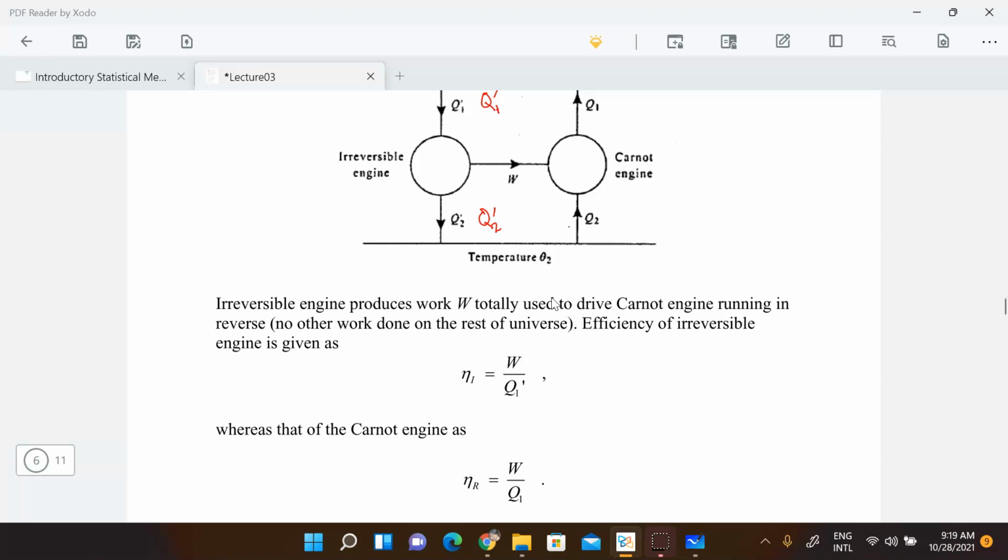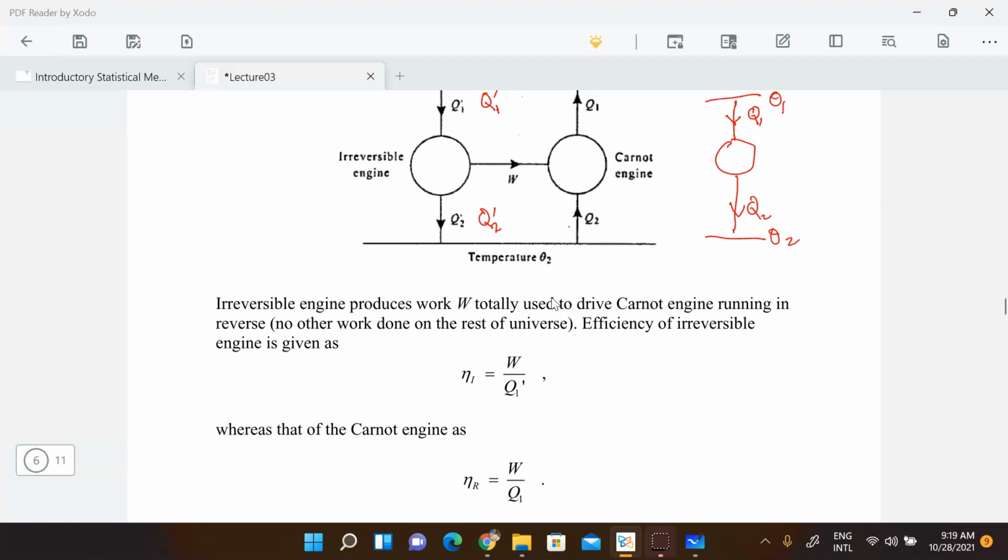And if one considers the original Carnot engine over here, which is something like this, instead of reversing here, you have Q1 here,